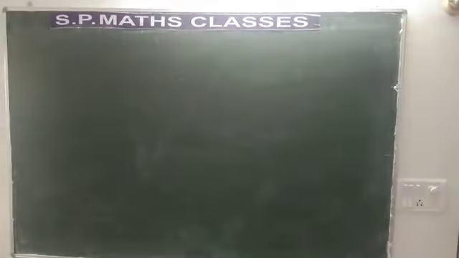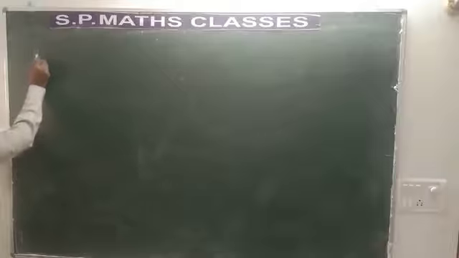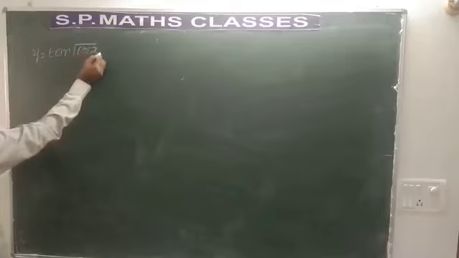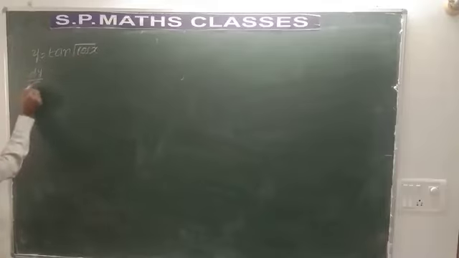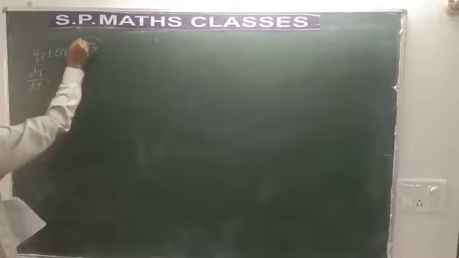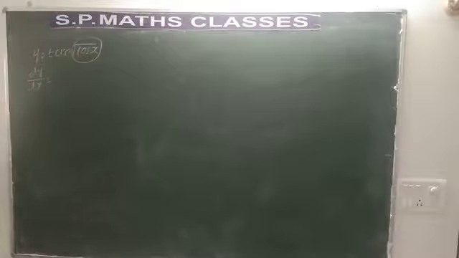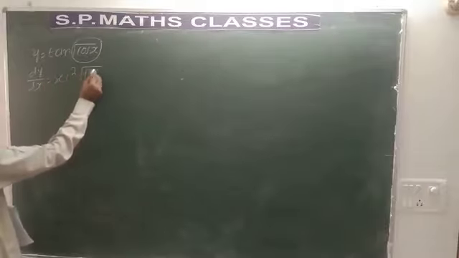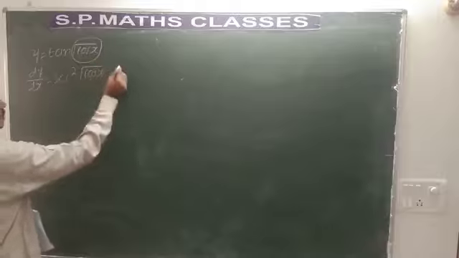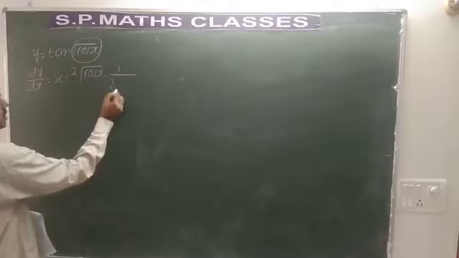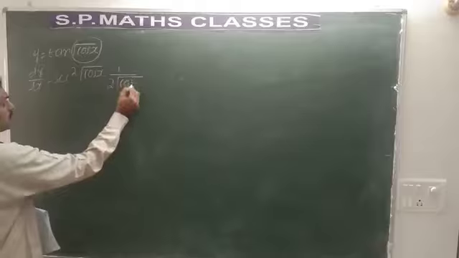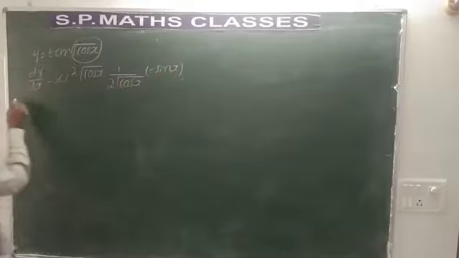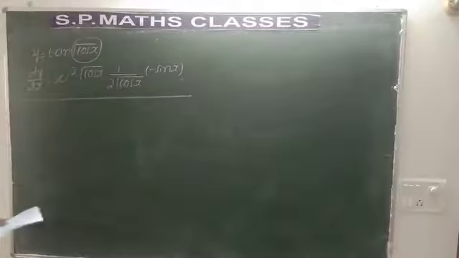I take up the 17th now. y is equal to tan root of cos x. What is the derivative? Hope you can do it easily. This is taken as x. What is the derivative of tan x? Secant squared x. Secant squared root cos x into derivative of root cos x. Here you take the derivative of root cos x, which is 1 by 2 root cos x into derivative of cos x, which is minus sin x. This is the simple way in which you can solve this.